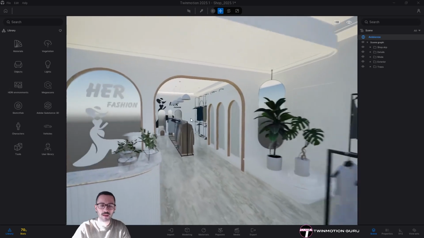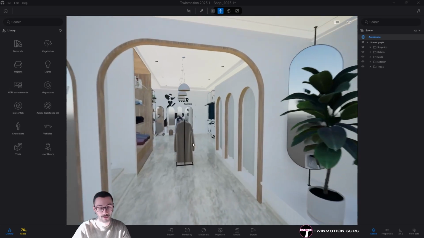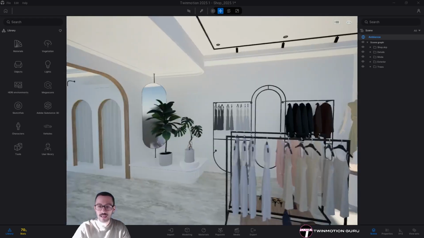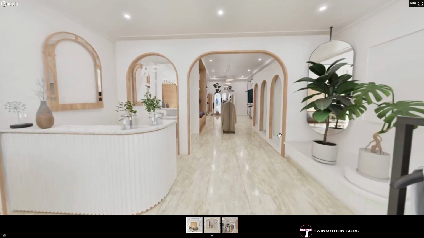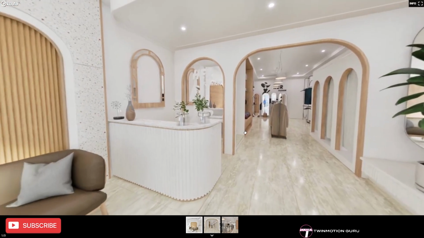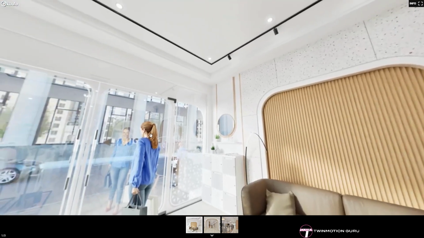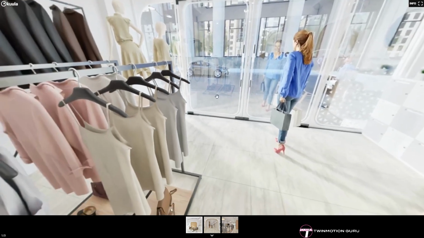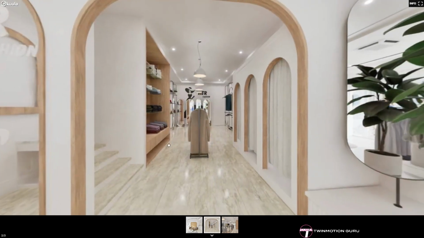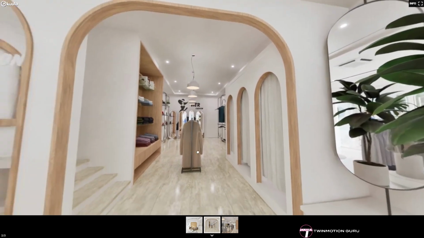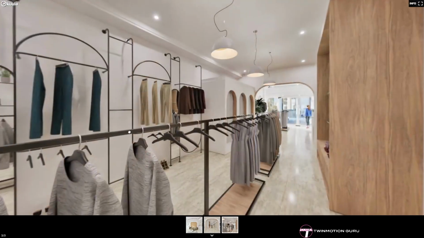And the goal of today is to render something in particular, some panoramas to be seen on a virtual tour like the one that you are seeing right now on the screen. This is a really simple website that I will show you at the end of the video, where of course I can see through the scene and through the space only with some panoramas exported from, of course, Twinmotion. I'm using this specific